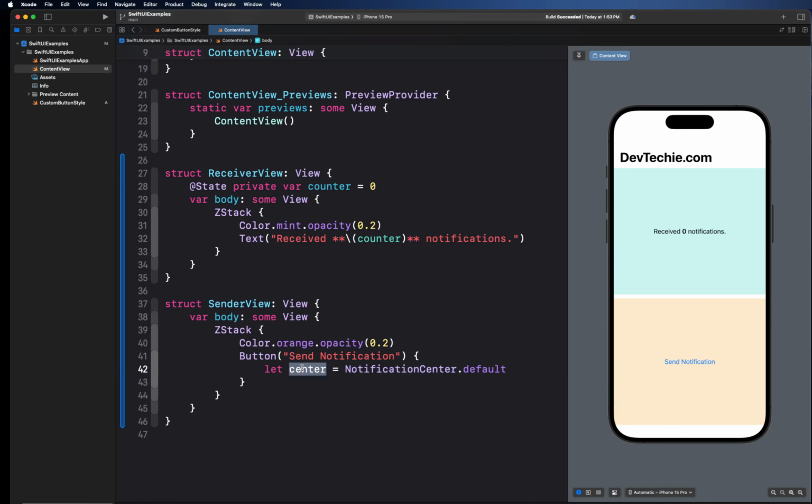Now the center will contain the object reference to the NotificationCenter.default instance, which is a singleton. Next, we will create a name for the notification using Notification.Name, which is a type used to represent the name of a notification. It serves as a wrapper around the string value that uniquely identifies a specific notification. Okay, so we're going to create name, and in this case